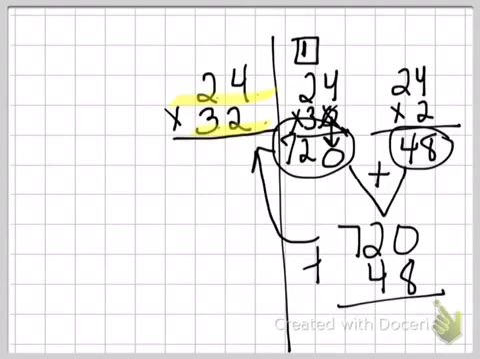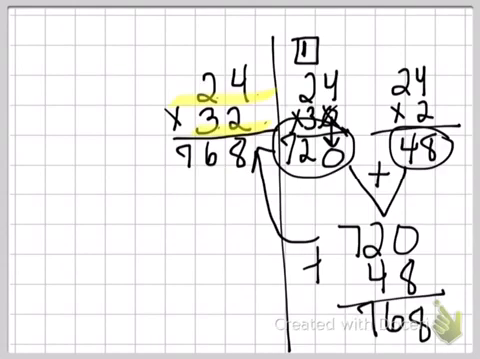So 8 plus 0 is 8. And 2 plus 4 is 6. And then we have 7. So the answer to what is 24 times 32 is 768. So one way that we can multiply two-digit by two-digit numbers is we can break up that bottom number,